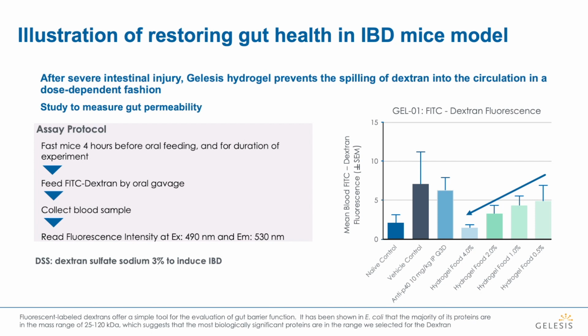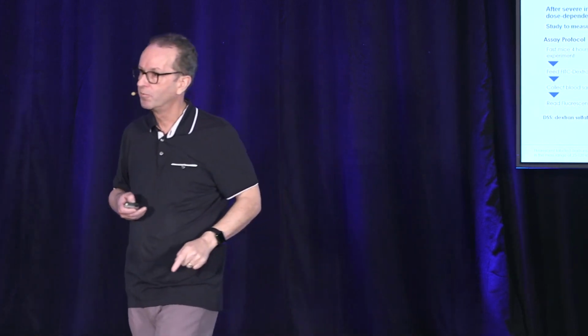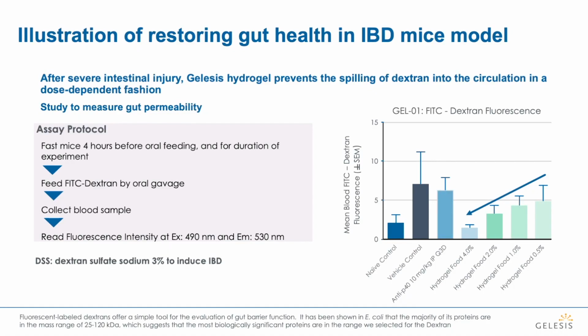The next one over, the big gray bar, is after they get the toxic solution, leaky gut. All of this is spilling, the bacteria is spilling into their blood. But on the right, going from right to left, we gave the mice the hydrogel, and as the dose went up, the amount of leaky gut was reduced because there was less of this fluorescent dextrin spilling into the blood. So this was an experiment to show that we have effect on gut health, which is really a cutting-edge idea